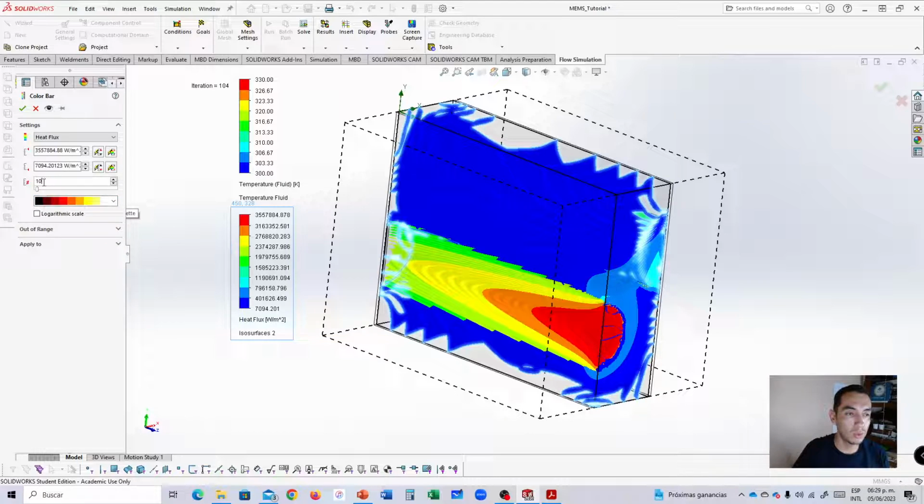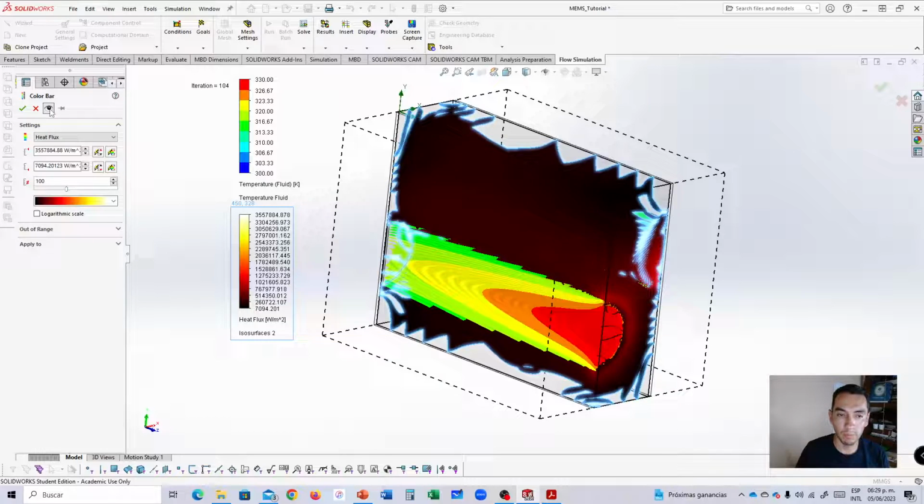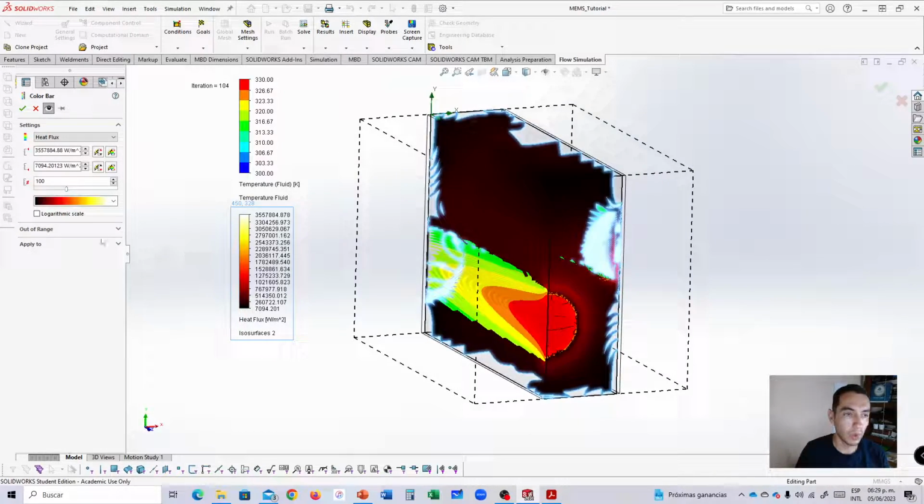Maybe I will want to increase this to 100. I'm going to click preview. I'm going to change this range here in this zone. So I'm going to specify 100 watts per square meter,